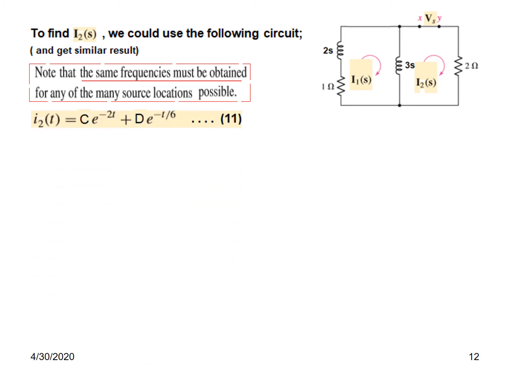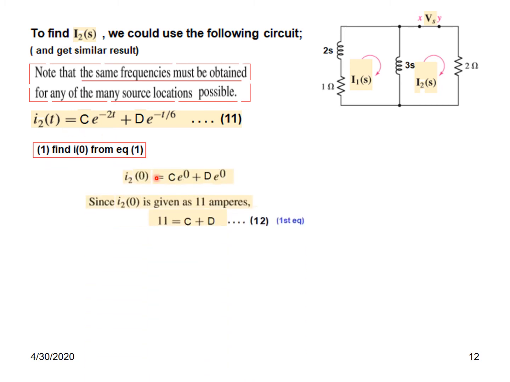So based on this, we'll just assume or write the second equation for I2(t), and we have just named the variable differently. So this is now c e raised to the power minus 2t and d e raised to the power minus t by 6. Now these two terms remain the same because S1 and S2 are the same. And now we just follow the procedure that we followed for I1. So we put t is equal to 0,